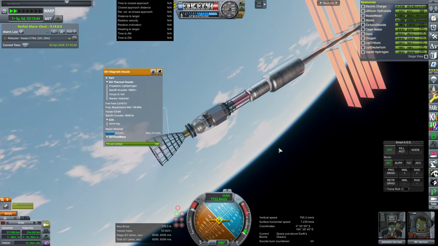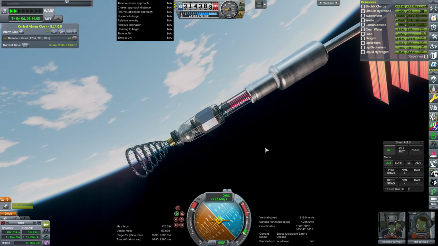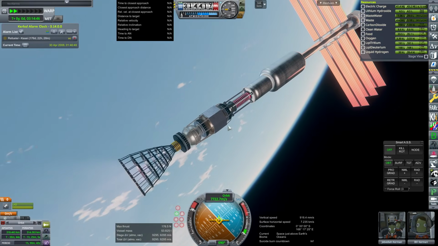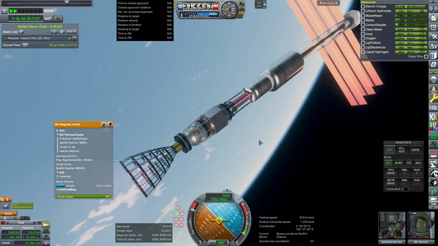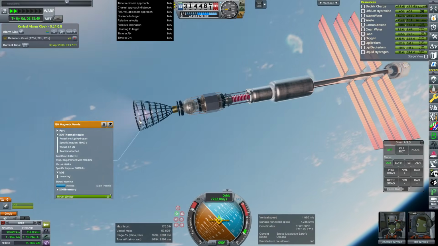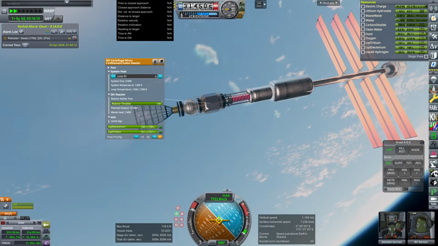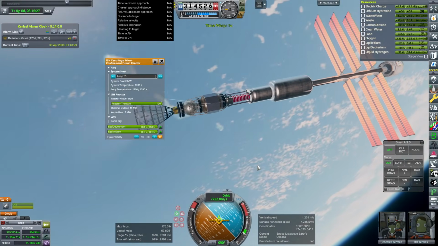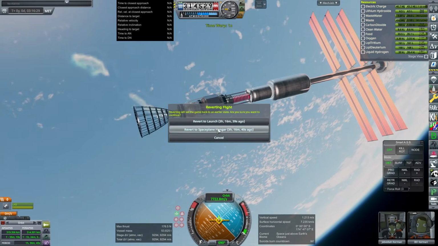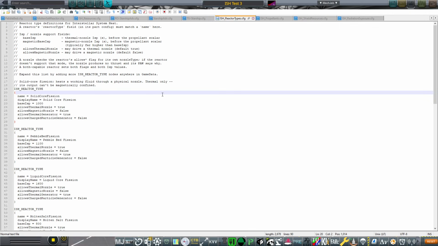And then you can mix and match and make whatever interesting sort of version you would like. So this is just one setup. You can also use fusion with the thermal nozzle, but not this kind of fusion reactor. So let me bring this back in and show you the configuration files. There are certain configuration files that'll be in the plugin folder for Interstellar System Heat, and the first one